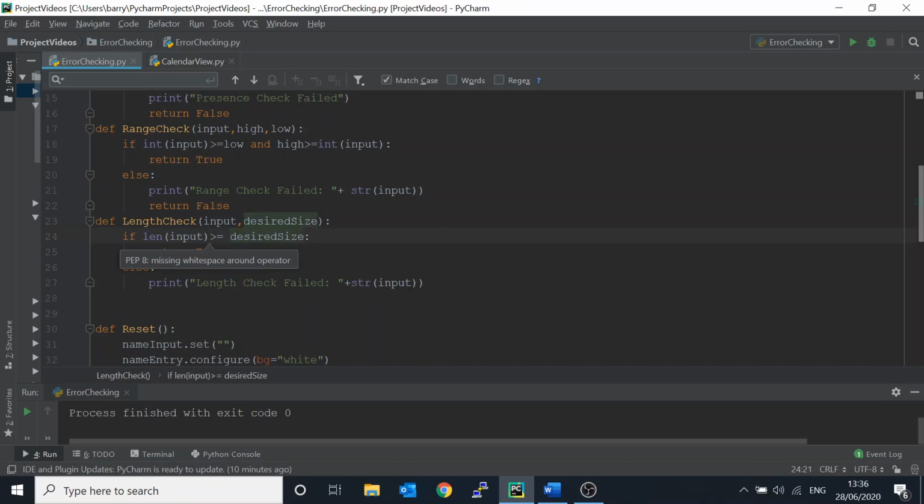So greater than or larger than. So the input needs to be greater than or equal to the desired size. Now, if we were to, so if we say desired low size and put that there, and then desired high size, okay, it's very similar to the range check,